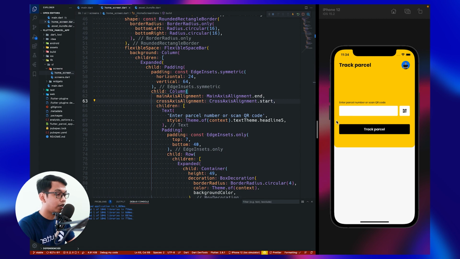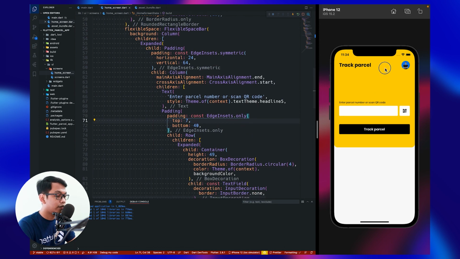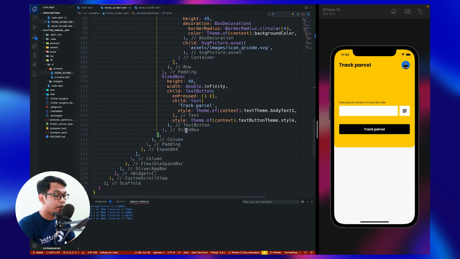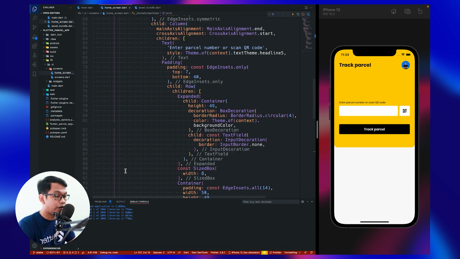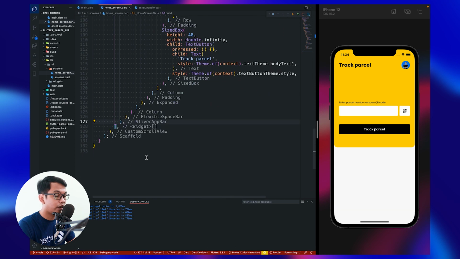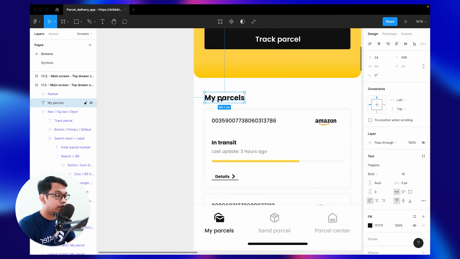All right, awesome. We have this, but we have list view right here, so we can scroll it to the top. All right, so we go to this closing of sliver bar. We have finished our sliver bar, and the next is this sliver list.